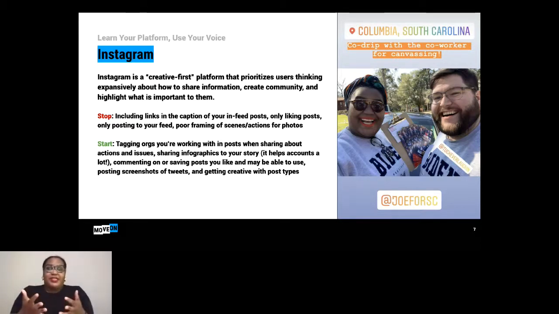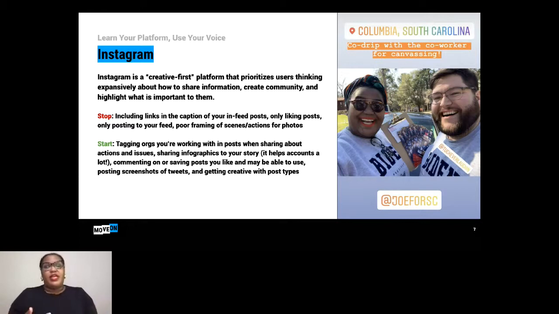So things you can kind of start doing that we've done a little bit here as an example: tagging the orgs that you're working with. So Joe for SC, that was our account, our primary campaign account for the state. Tag that way the organization, or tag Move On if you're doing Move On activities. It's a great way for us to see it, and that way we can share it to our feed and further amplify the message, show that our membership, our volunteers are active and they are out in their communities. They're phone banking, they're canvassing, they're signing petitions, they're doing things,